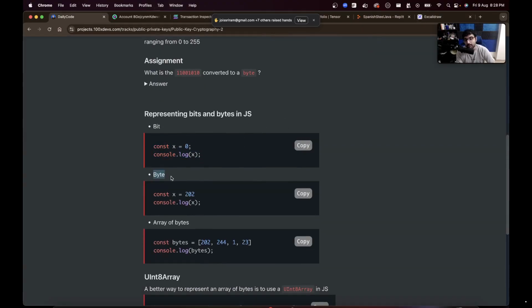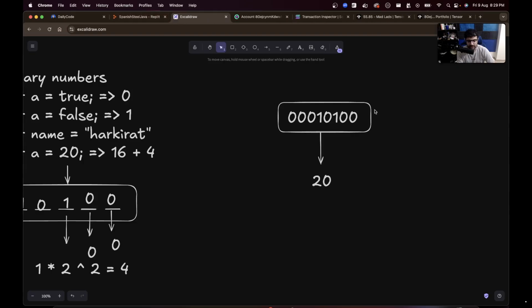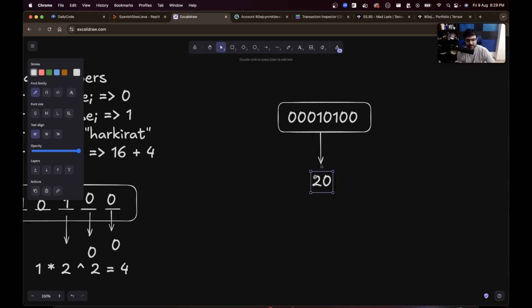How do you represent a byte? Now here you might say, Harkirat, you said bytes are 8 bits. I repeat, bytes are 8 bits. And how much can 8 bits be if you represent it as a number? If there are 8 bits over here, what is the lowest value it can have? 0. What is the highest value it can have? Can you guess? Do you already know? The highest value it can have is